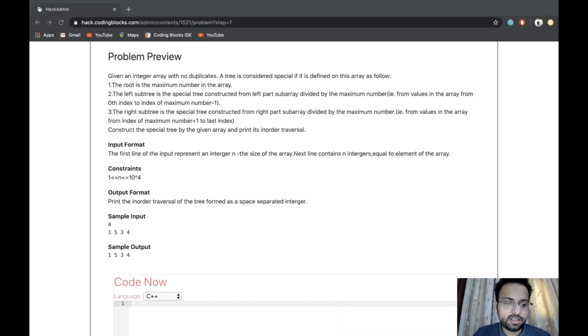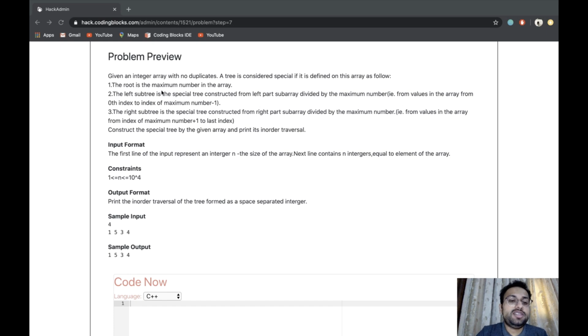This is the next problem and it goes by the name special trees. We need to create a special tree in this case, but there are certain conditions when we are going to create a special tree. In tree, I have just told you, you need to do the work for one node and for the left subtree and for the right subtree part. The recursion is going to do the work. We don't have to do every work for the entire tree.